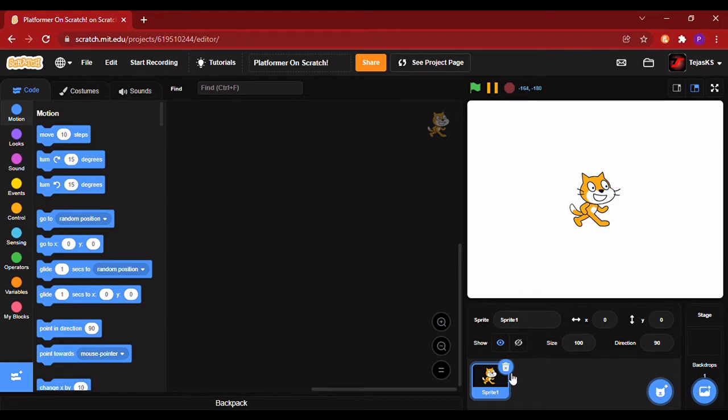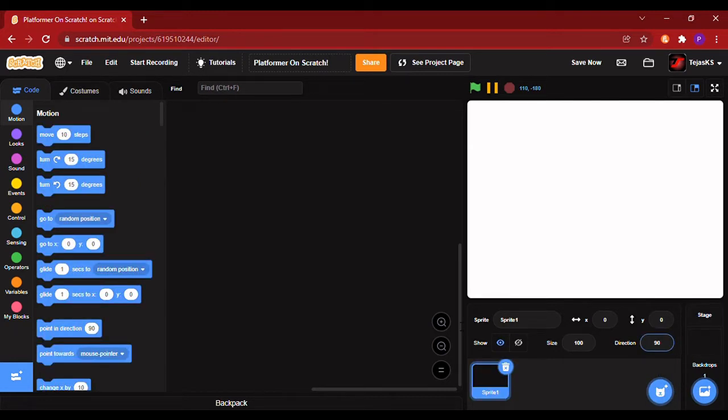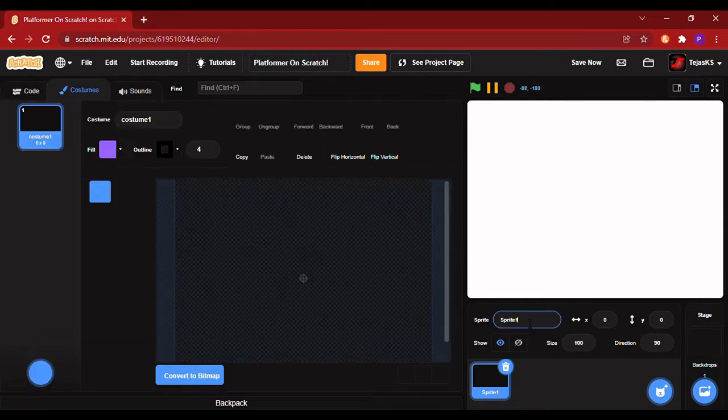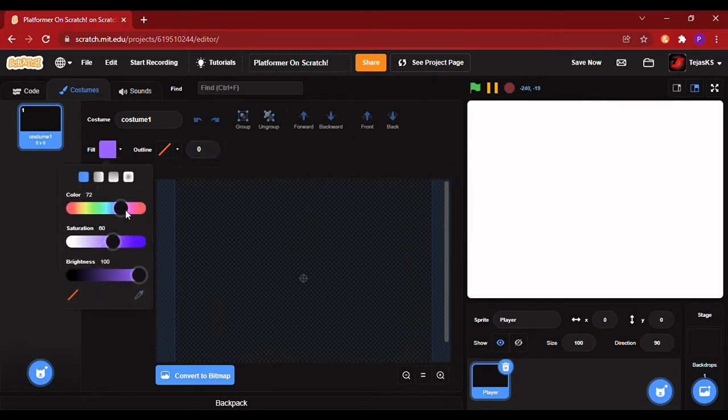Firstly, delete our sprite and get a sprite. We will name it player. We will be drawing our player. Now take the rectangle tool, set the outline at 0 and I will fill it with red color.